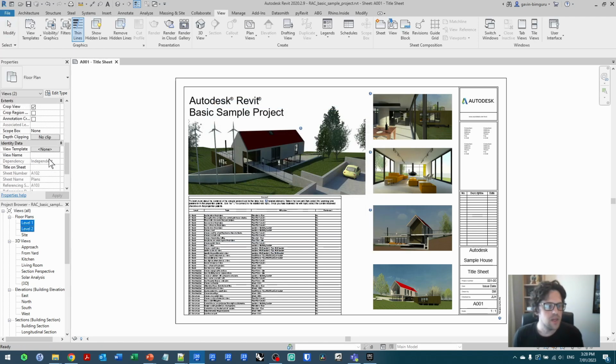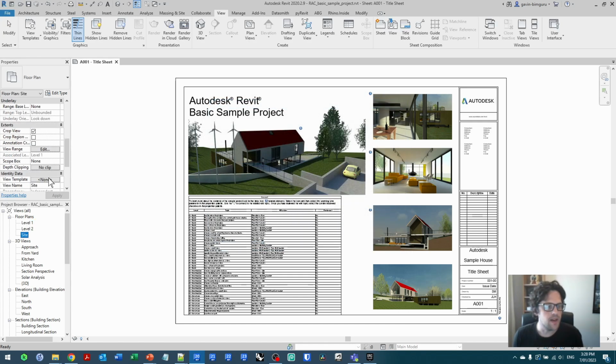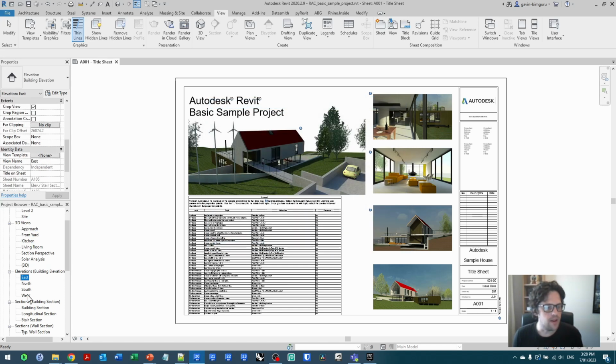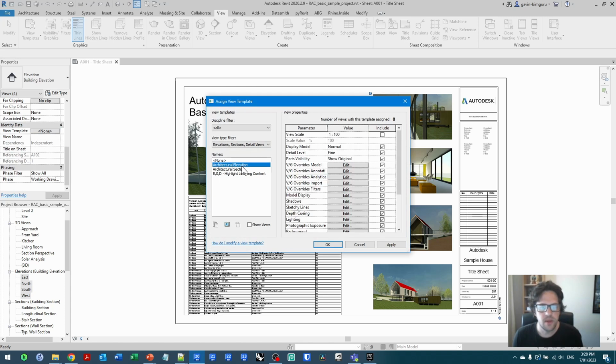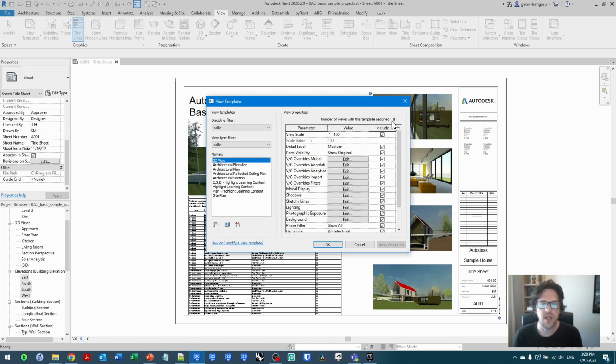For example, let's apply our architectural plan, and let's also apply our site plan. And maybe let's also apply our elevation template. So now we should have some templates that are in use, which you can see up in the top right corner. So we can see there's 4 views, 2 views, 0, 0, 0, 0, 0, and 1. So we're going to identify programmatically using pyRevit which ones aren't in use and then display them to the user